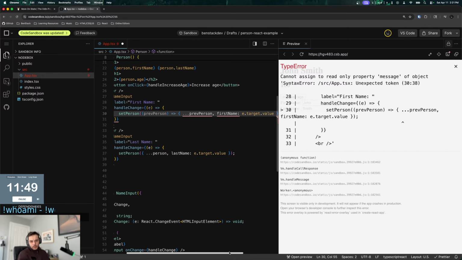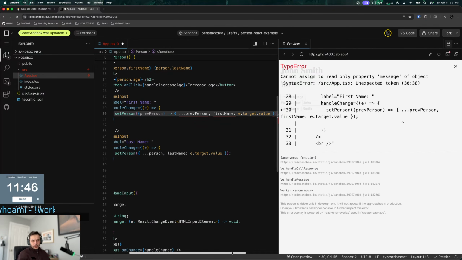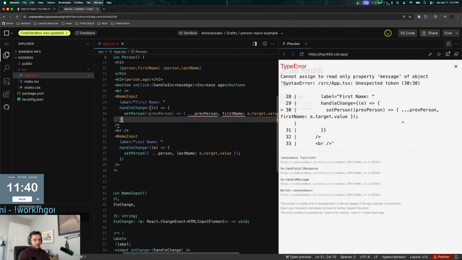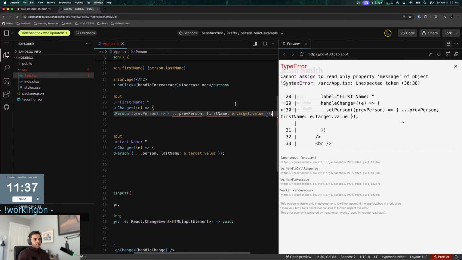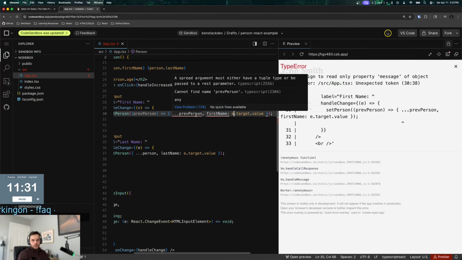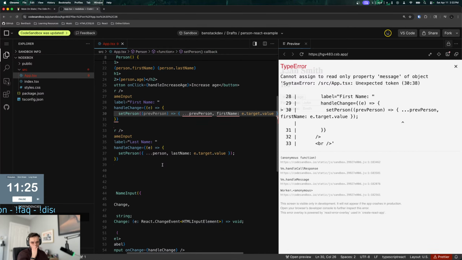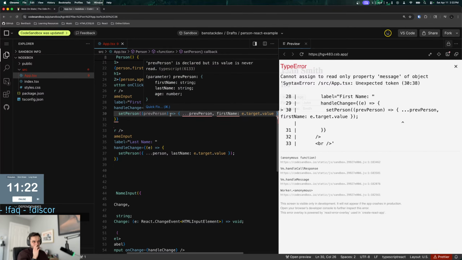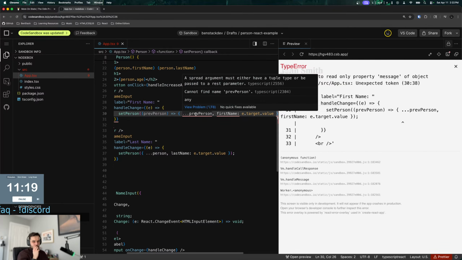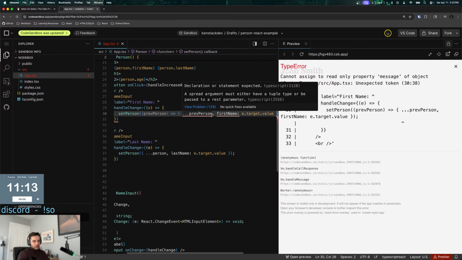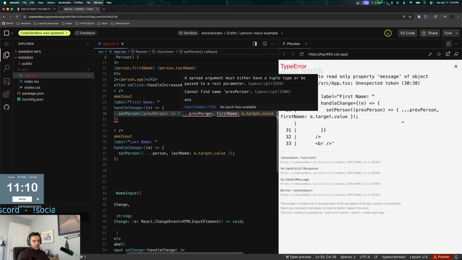Although, what's the problem here? Is there mismatched? No. Oh, maybe because, well, can't find name first name. Spread operator must have a tuple. Sorry, I was misunderstanding that. Why doesn't this work though? Prev person. Spread argument must either have a tuple type passed to a rest parameter.